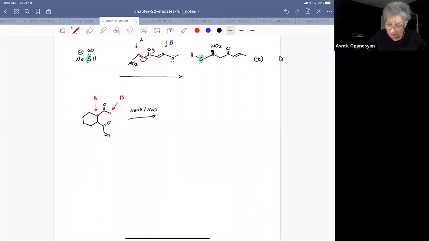If I count the atoms between here, 1, 2, 3, 4, 5, I'm making a 5-membered ring this way. Now, if I attack with this carbon, the ring that I'm going to form will be 1, 2, 3, 4, 5, 6, 7. Here I'm forming a 7-membered ring. By picking the electrons from this position, I'm forming a 5-membered ring. Indeed, we will be picking the electrons from this position. So when I form the product,